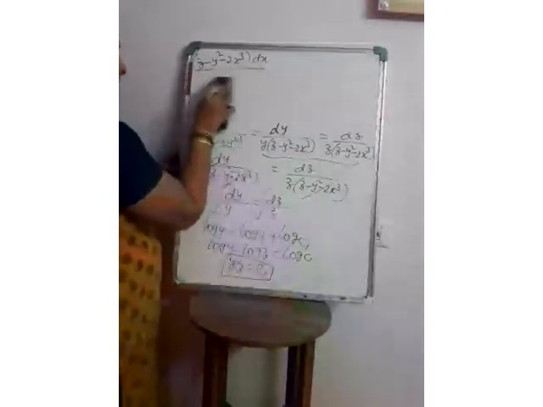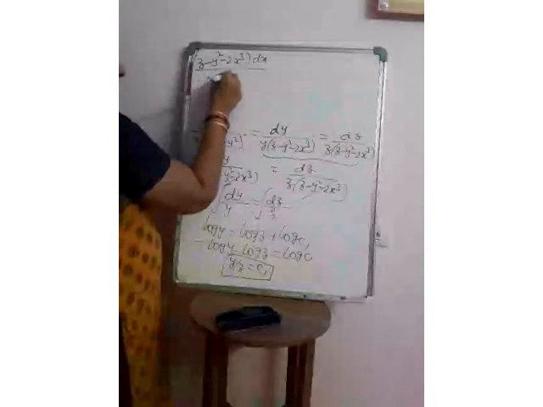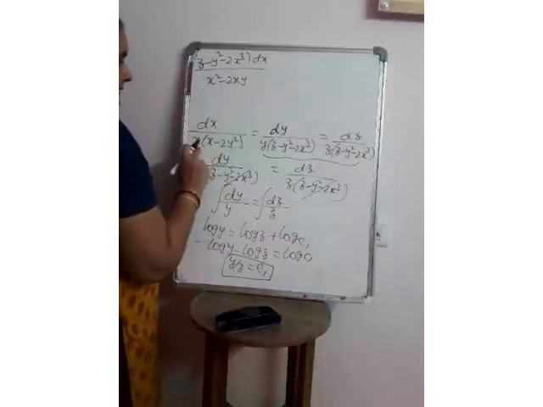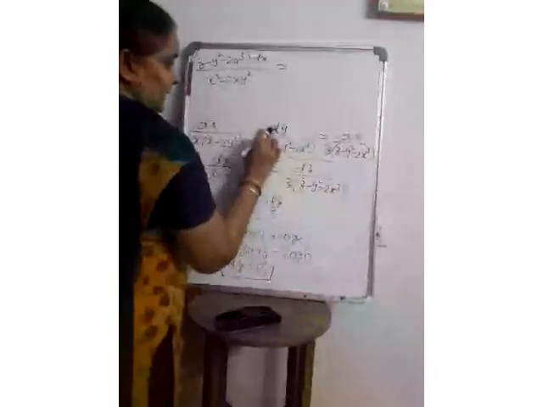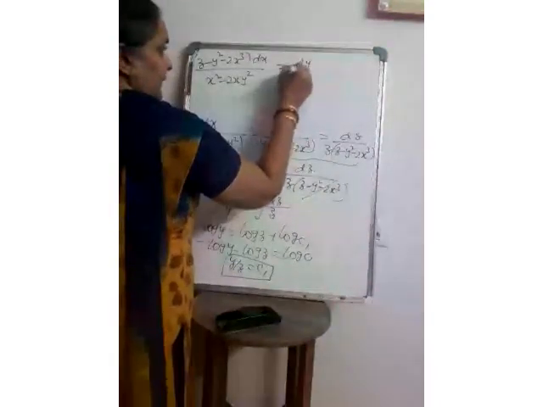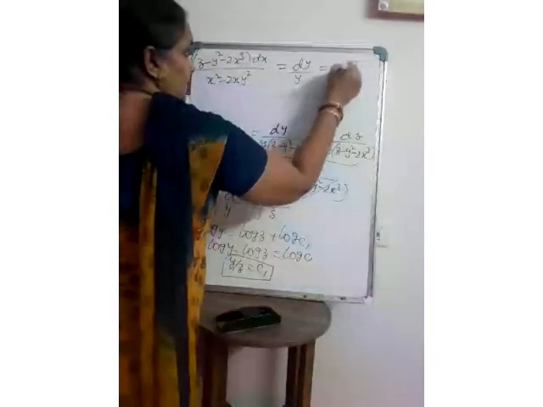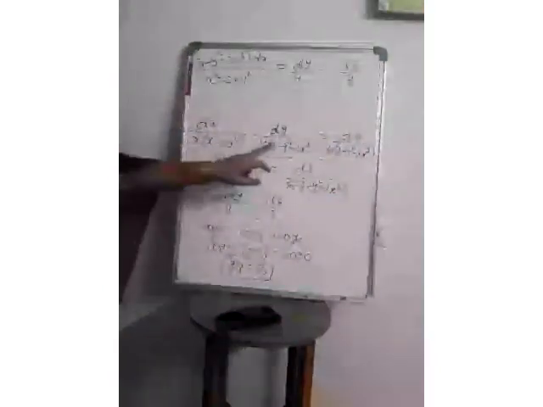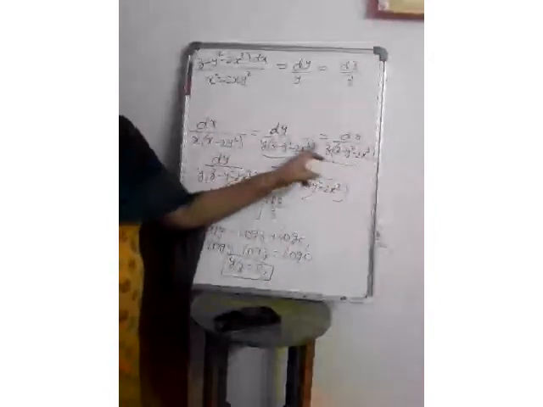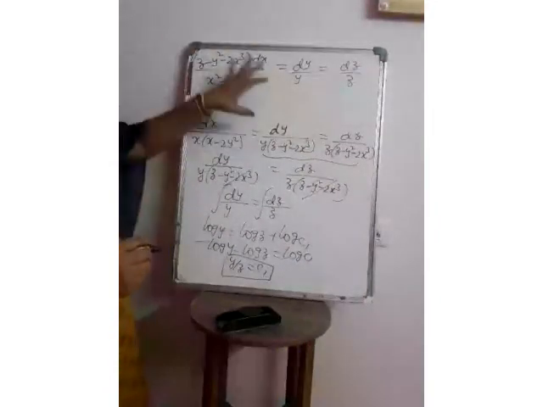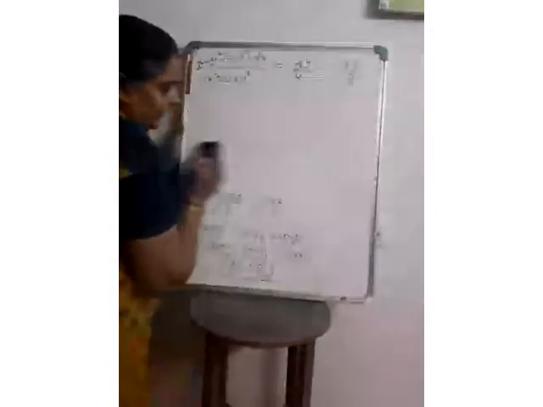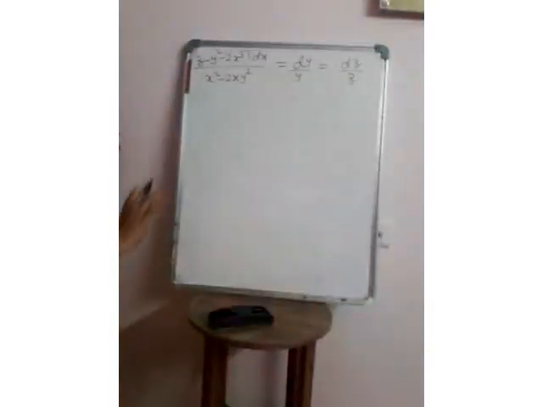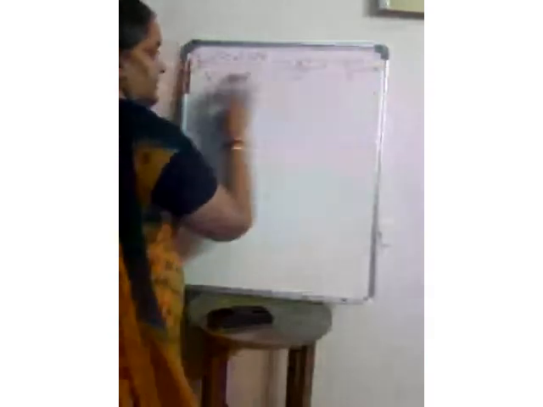I'll expand this: x square minus 2xy square is equal to. If you multiply with this, it will get cancelled, and we are left over with dy by y is equal to dz. What I have done here simply is bring these two terms from the denominator to the numerator of dx. This means multiplying the whole equation with this value. Now, irrespective of whether it is a pure function or a combination of terms, I will try to make this combination as 0 with different combinations.